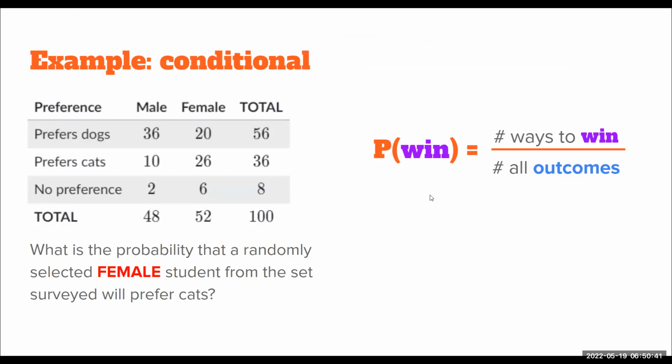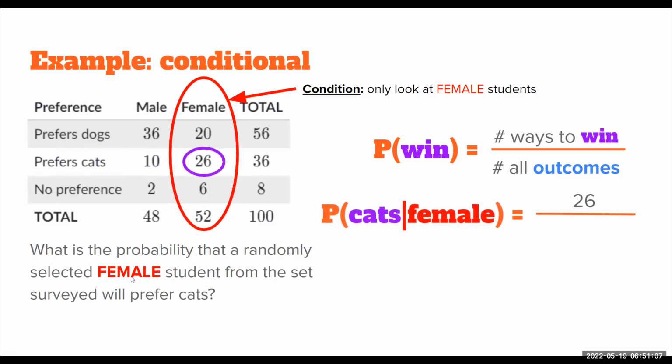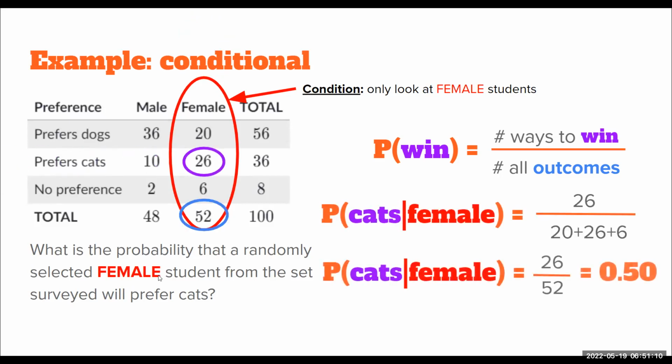Okay, so conditional. The last thing you need to ask yourself is, did I limit my choices because something is given to me? The probability that a randomly selected female student, you're told they are female. You are given the fact that they are female. So now all of a sudden your denominator went from 100 to only 52. So your denominator is now 52, and the likelihood that they preferred cats is the one that falls under the cats category. So hopefully that helps. We read that as cats given female,